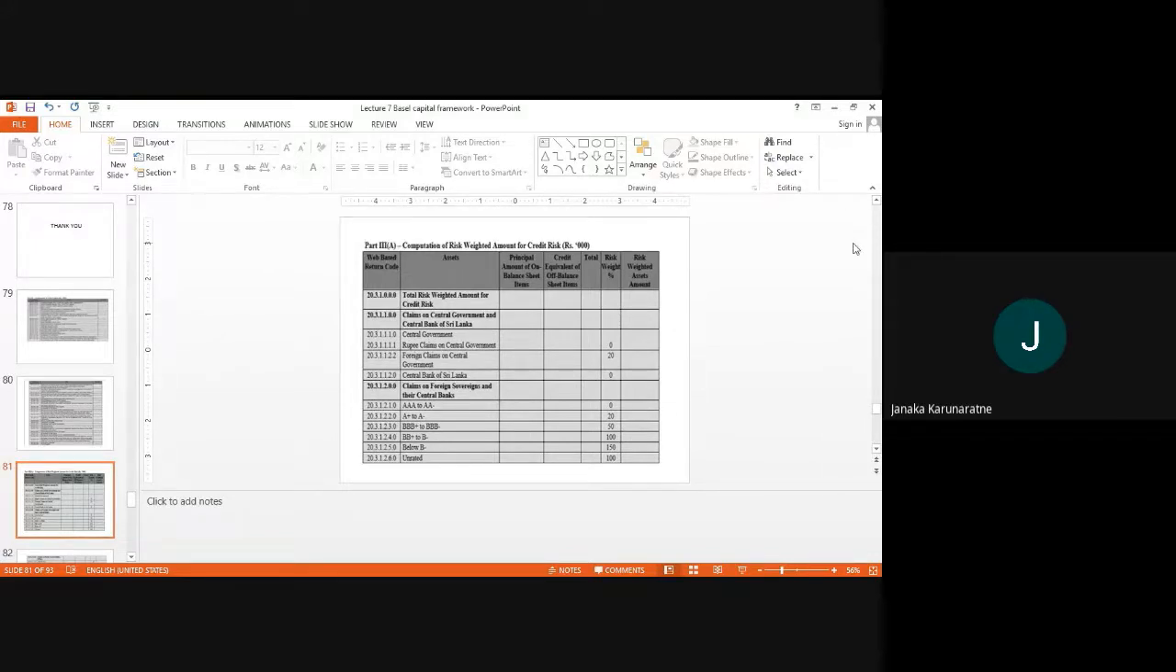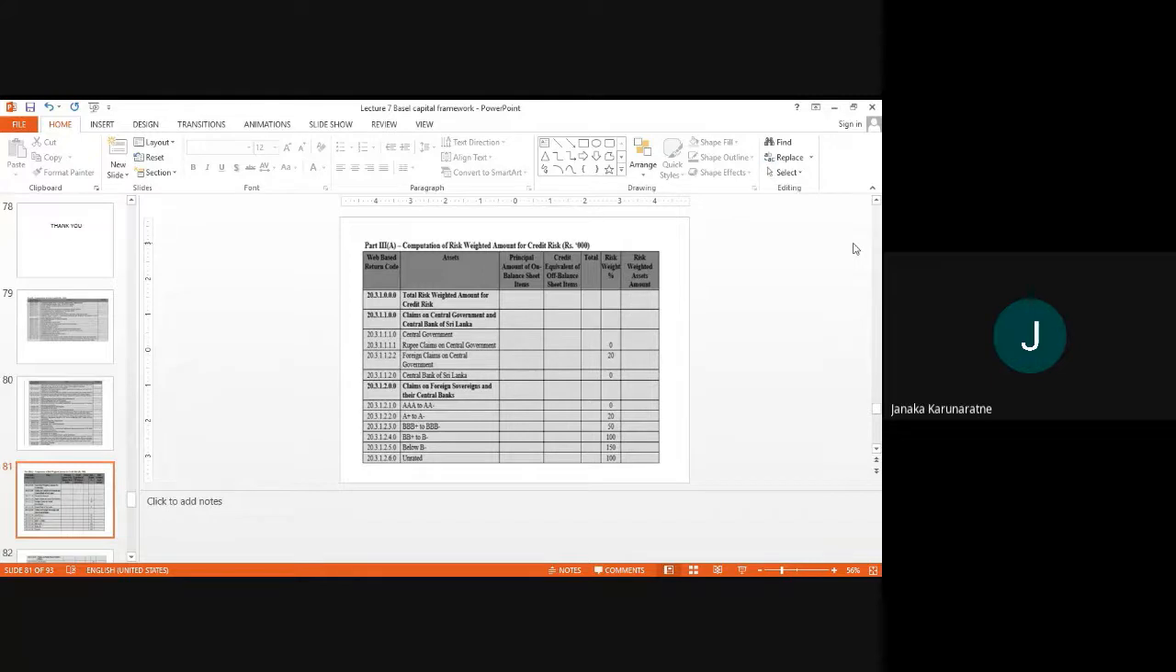total risk-weighted asset for credit risk under the standardized approach, all the assets are categorized into different asset classes. Now, the first one is the claims on central government and Central Bank of Sri Lanka. Under that, there are three elements: central government and rupee claims on central government. So basically, risk weight is 0%. So that means any exposure to central government in terms of rupee claims,